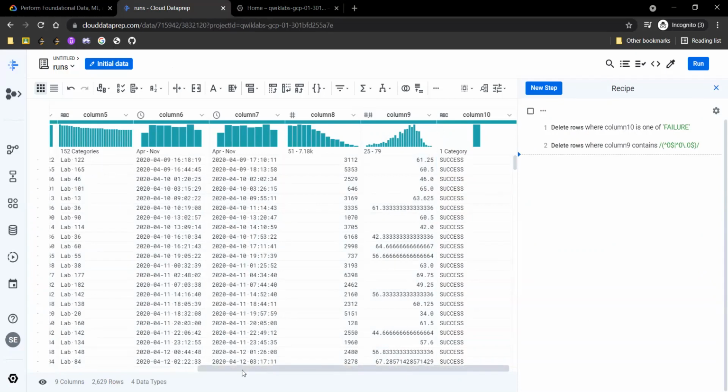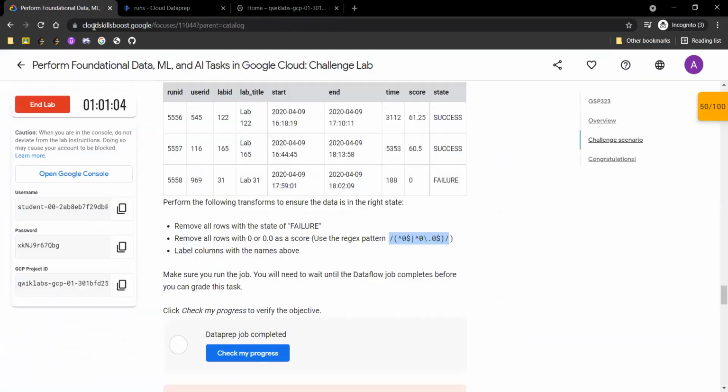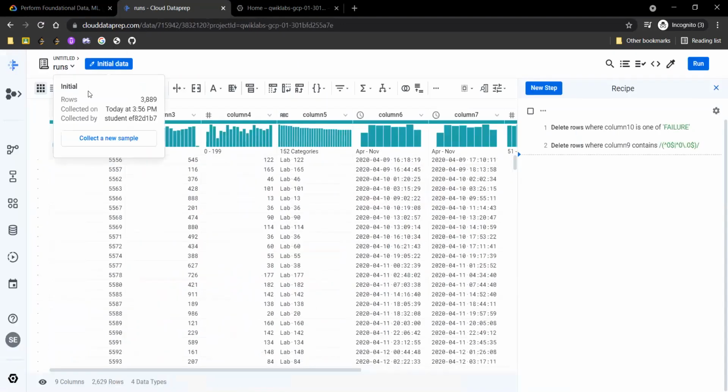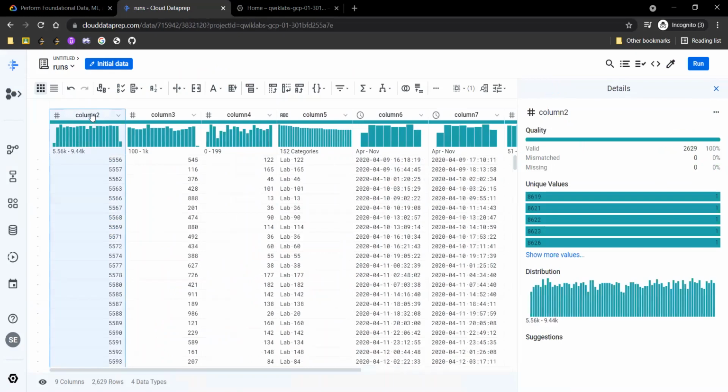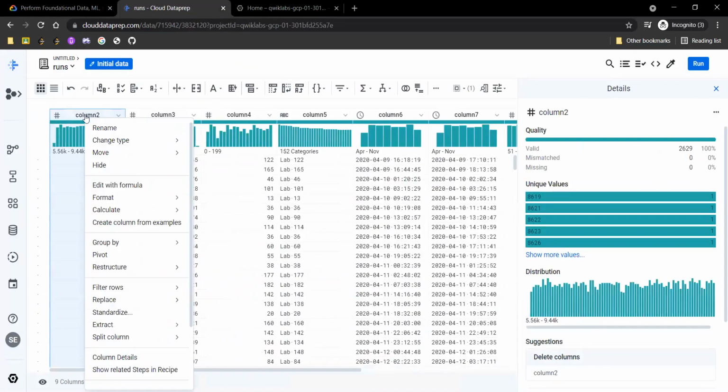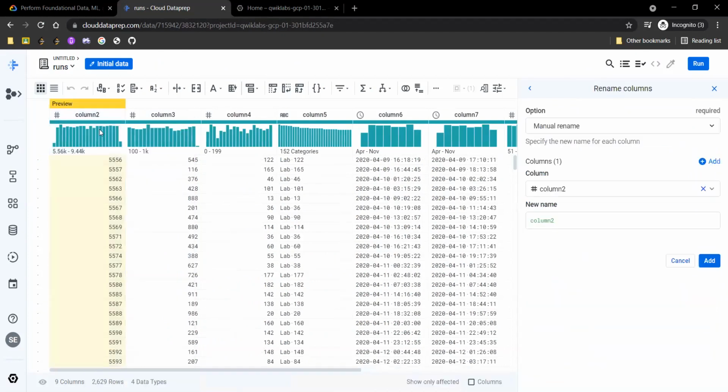Now we have to simply rename all the columns with the names given up here. So the first column is run ID. Okay. Simply right click on the column and click on rename. Give it the name of run ID.